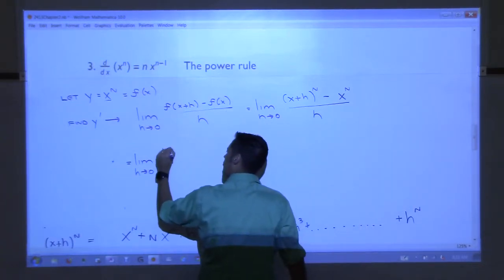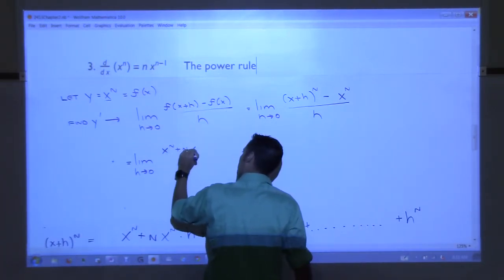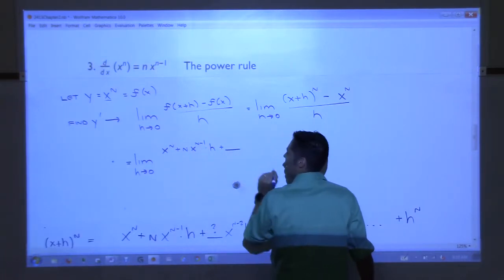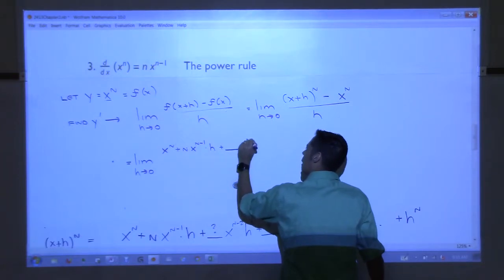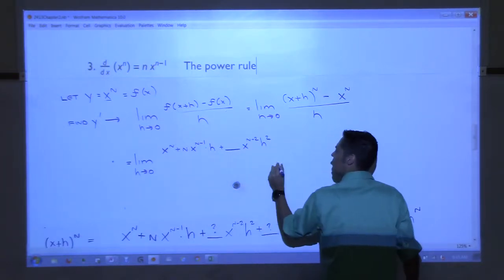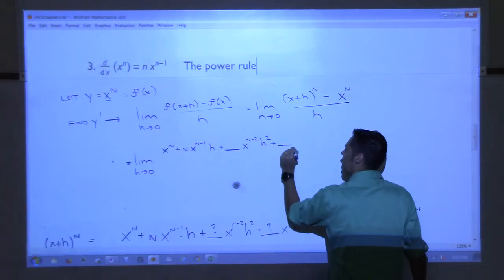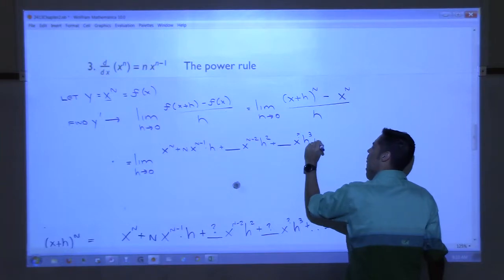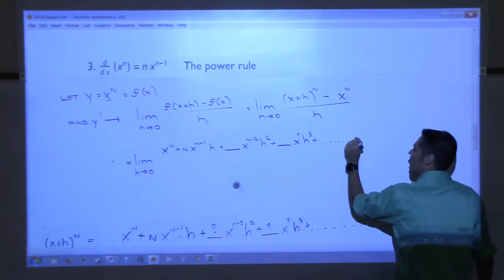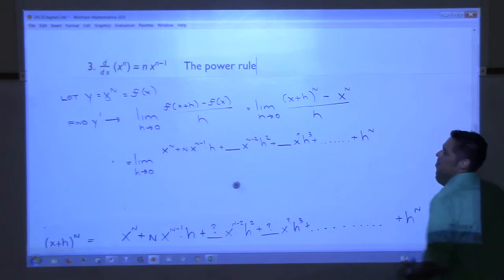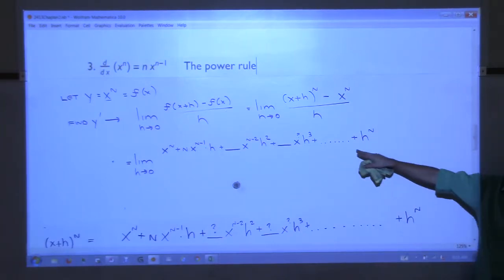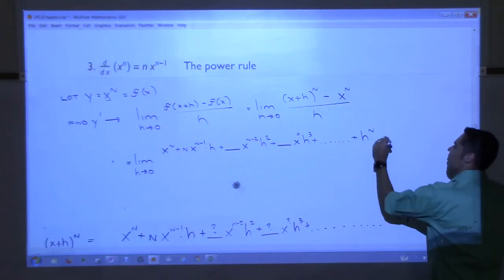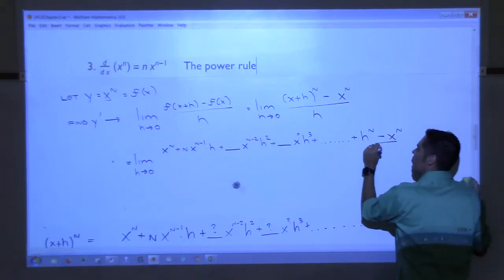It's x to the n plus n times x to the n minus 1 times h plus something, I don't really know what it is, x to the n minus 2 h squared, right? Plus something, and then there's another x to a power, h cubed plus, and then it's just a bunch of terms, and at the very end of it, I have h to the n. So that's this rewritten right there, right? Then what? Minus x to the n. And all of this over